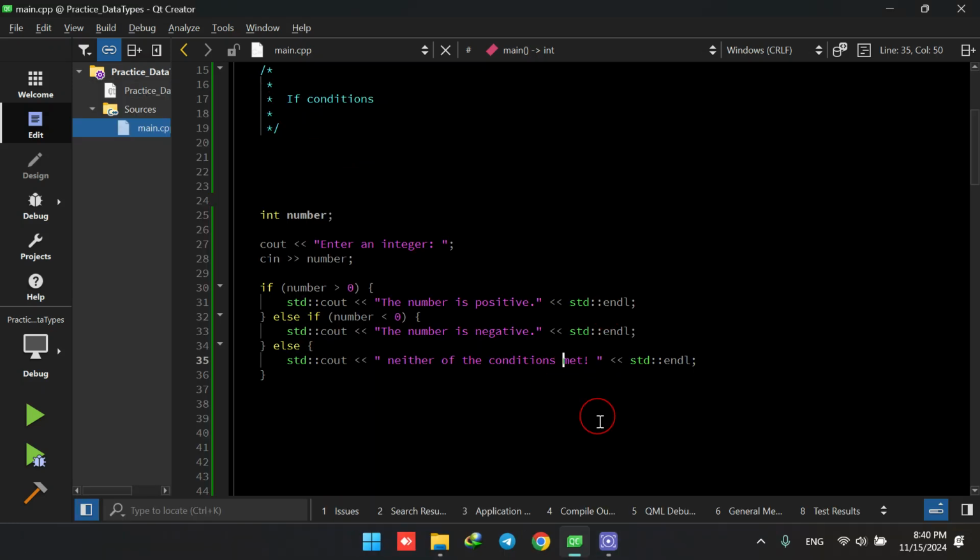So here is the simple version of the if conditions. What we need to be careful about is how these if